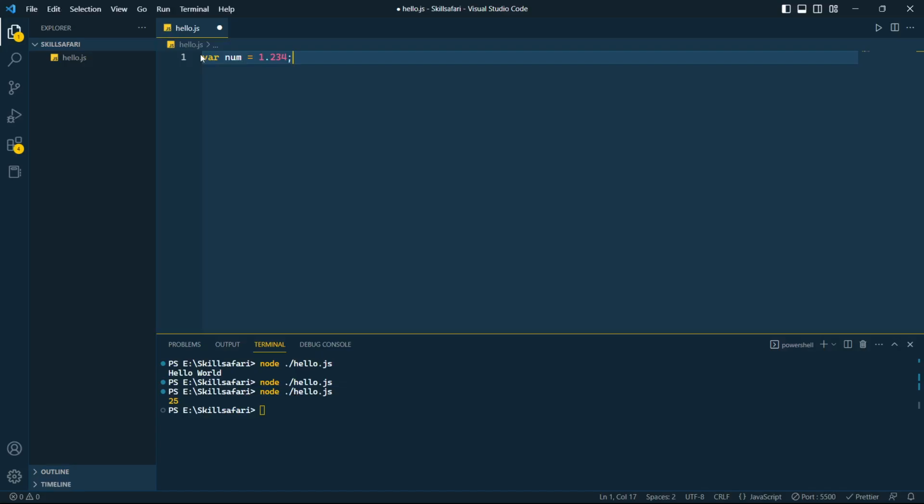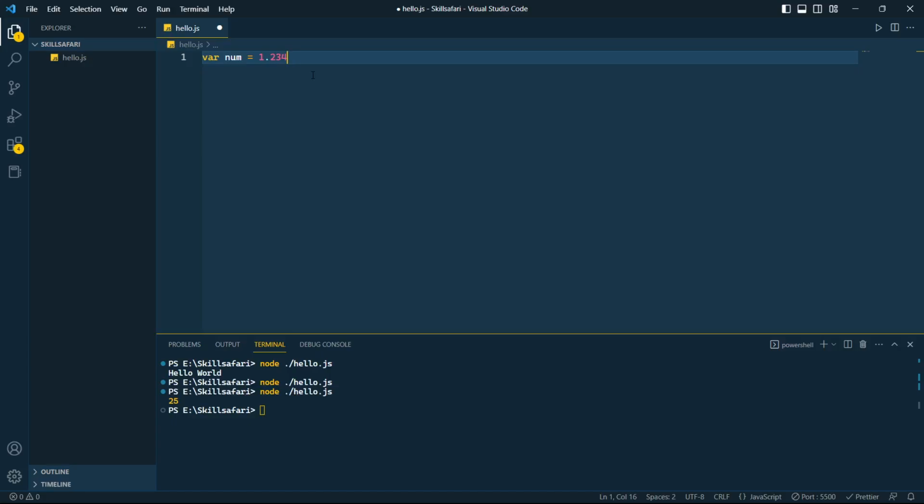If you are already familiar with C or C++, it will not allow you to write this way. But JavaScript will allow you to write this way. It will automatically detect whether it is a float, a bool, or an integer.